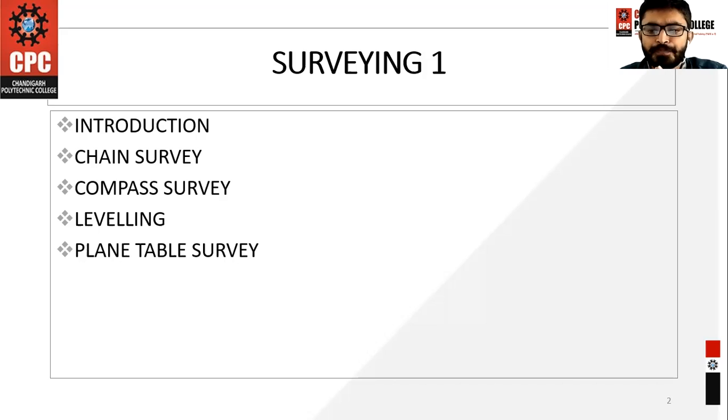Before moving further in the introduction, I would like to tell you a little more about the units, like the basic scale readings. I will tell you in this video what the basic scale readings are. Like in 1 meter, we have 100 centimeters. I hope all of you know that, but still it's my responsibility to tell you so that at least you are aware of all these scale readings. 1 meter is equal to 100 centimeters. 1 centimeter is equal to 10 mm. 1 inch is equal to 2.54 centimeters.